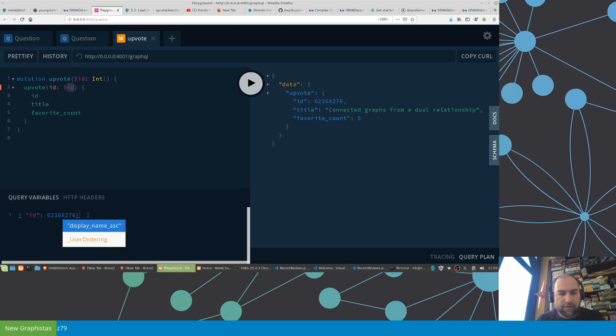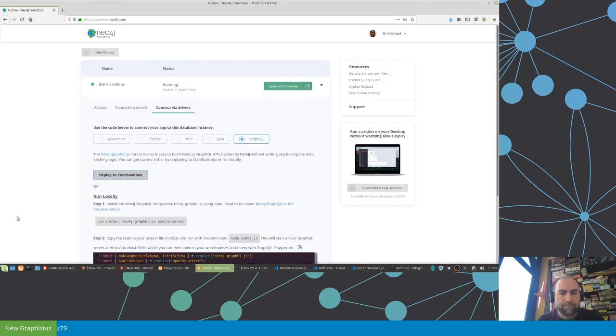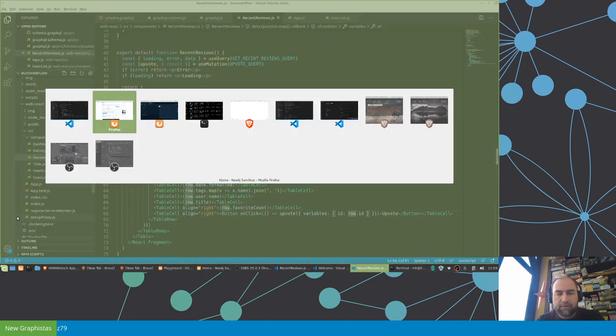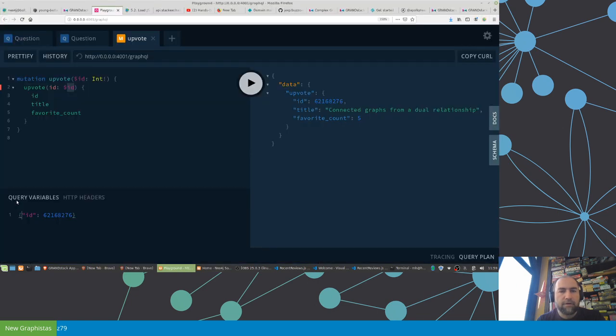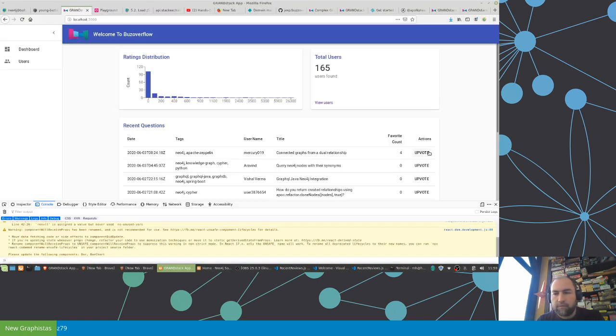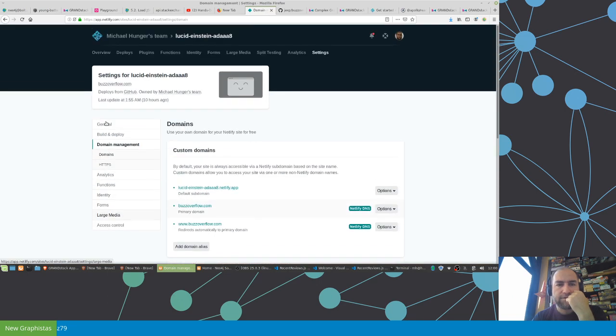And down here this JSON is basically the query parameters that are passed to the query. Okay, so we did this, and now it should actually work. And you see that it's basically updating these. Cool. So the last step in our journey in the last few minutes is that we can add this to